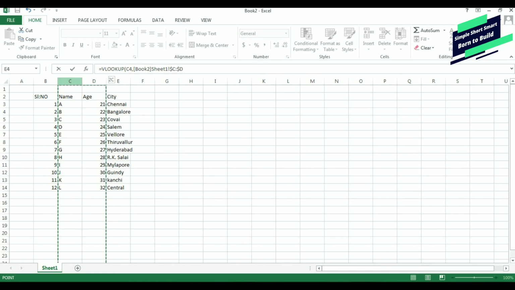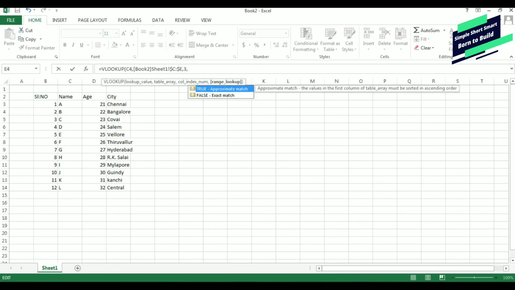You need to select the right side, and city is in the third column from our selected column. So you need to press comma 3, and then comma 0, close the bracket and press enter.